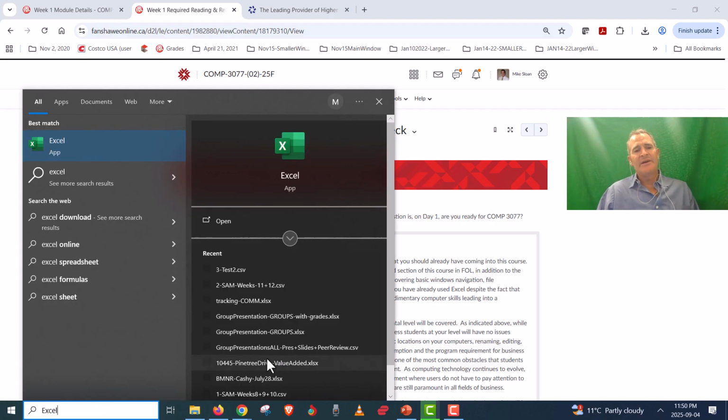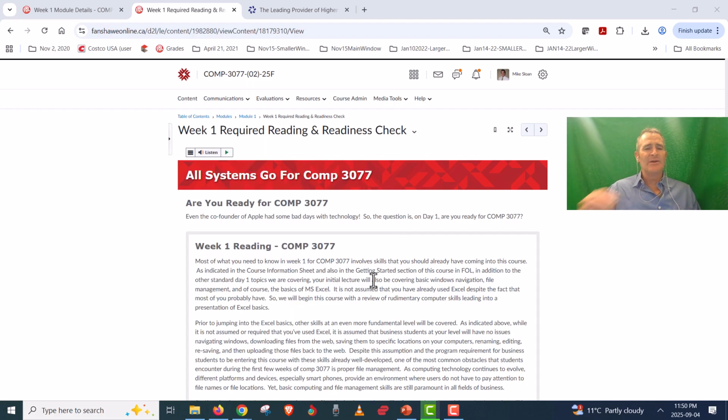So in lieu of having a file that is an Excel file, and you can just double click on the file in the folder to open it, I'm just going to open Excel directly from the application list. You can also put a shortcut